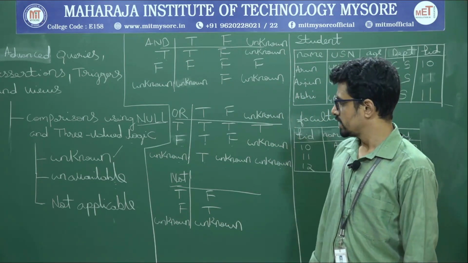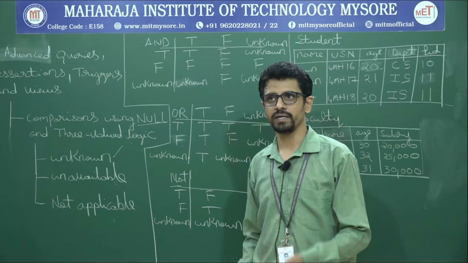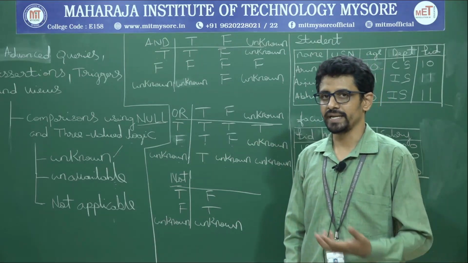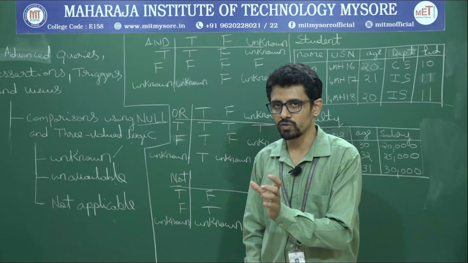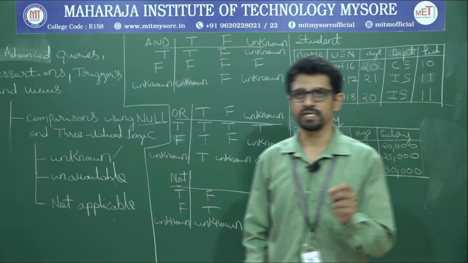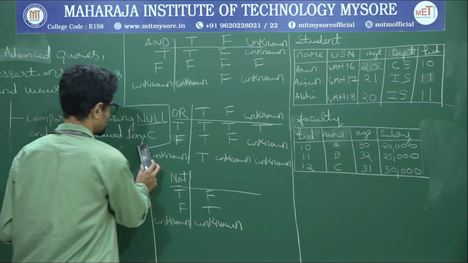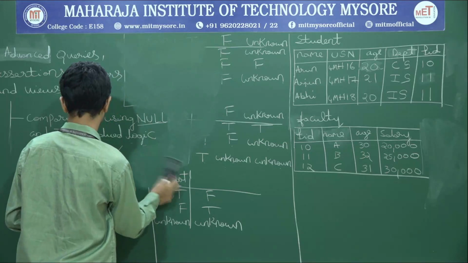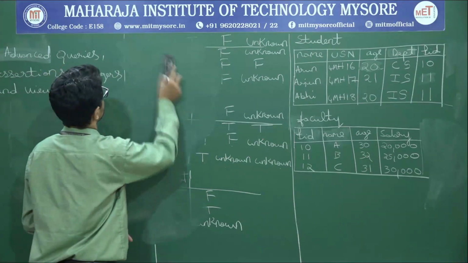Okay. Now how do we use this apart from writing an AND operator or OR operator? Is there any other operator that can directly verify whether an attribute value for any given particular row is null? For that we have two different operators, that is IS NULL and IS NOT NULL. Okay, we'll see that now. So let me rub off this to have some space.